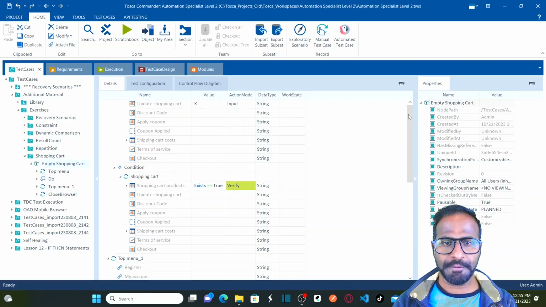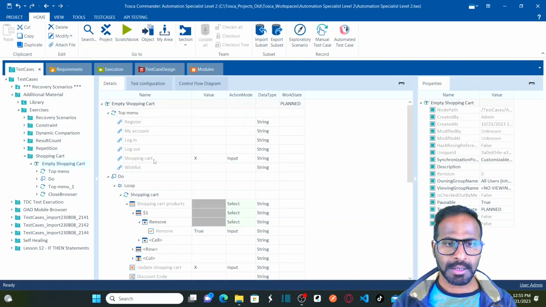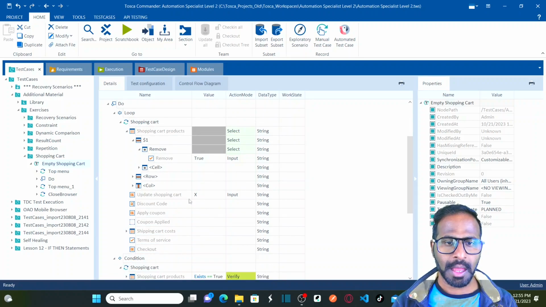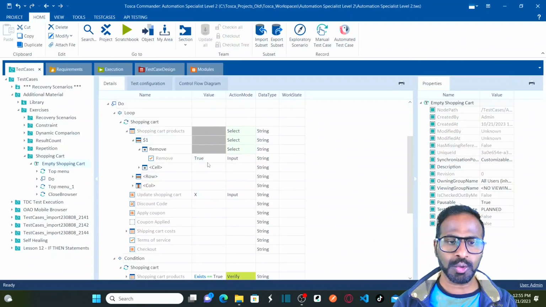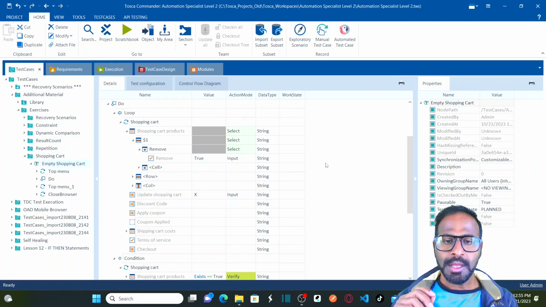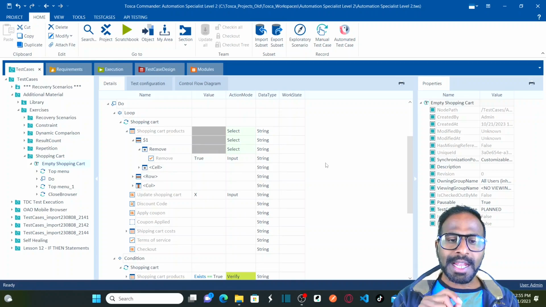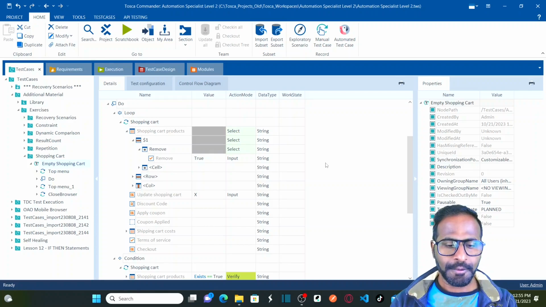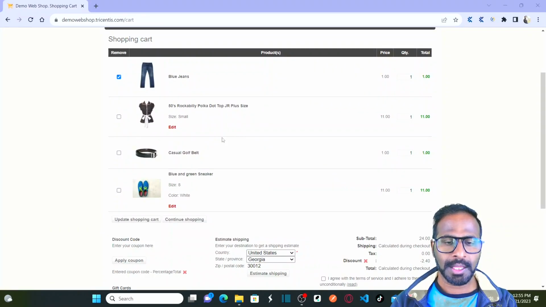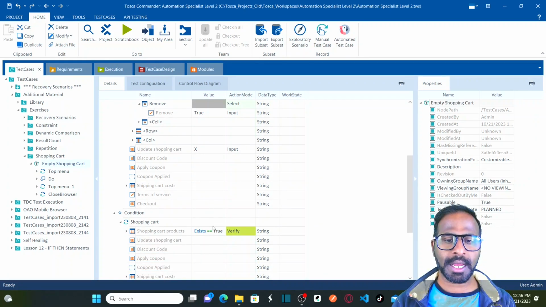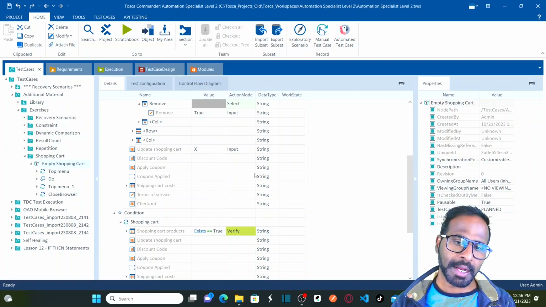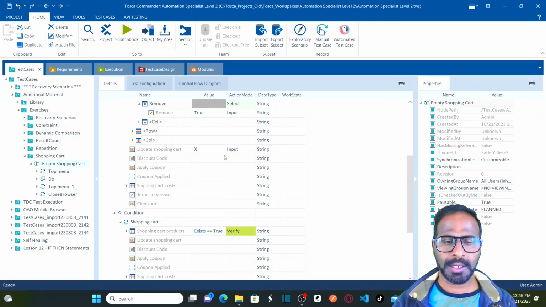Let's go back here again. So we have completed defining everything. First we are logging into shopping cart. And then I'm directly removing my first item from the table because it's a do statement. Do statement is the action will be performed at least once. First it performs the action and then it checks the condition and then again goes back. If the condition meets, it goes back to perform the same action one more time and again checks